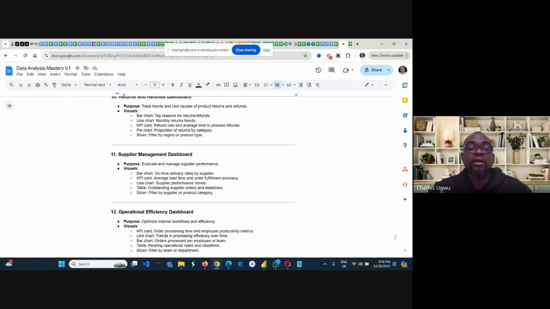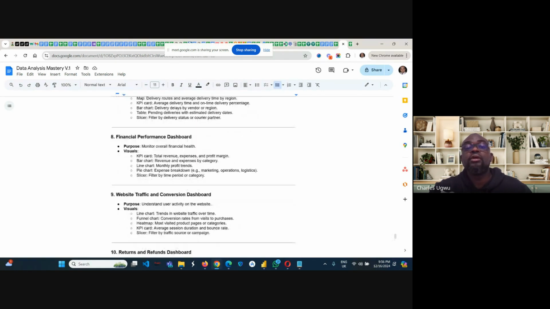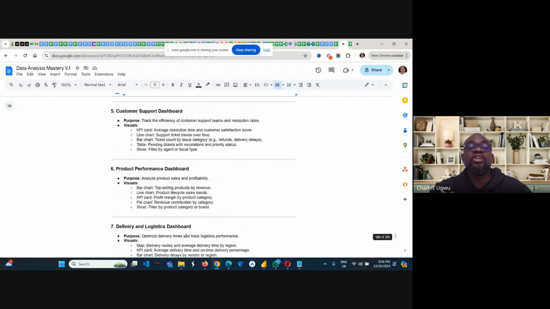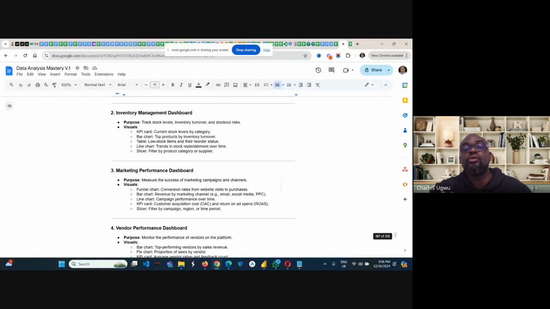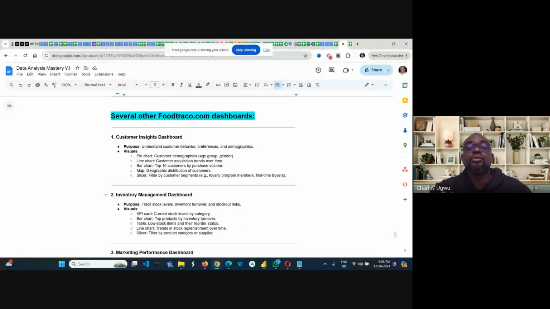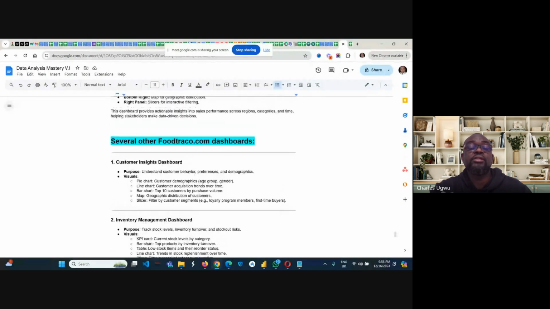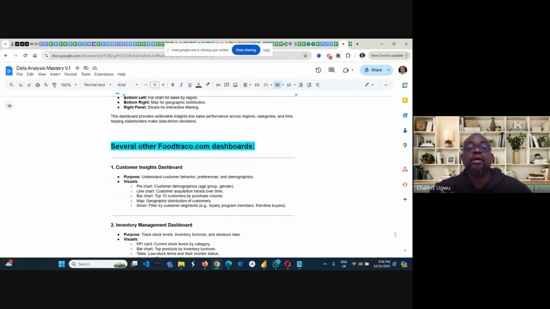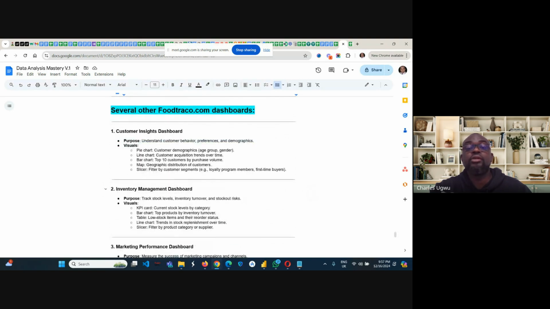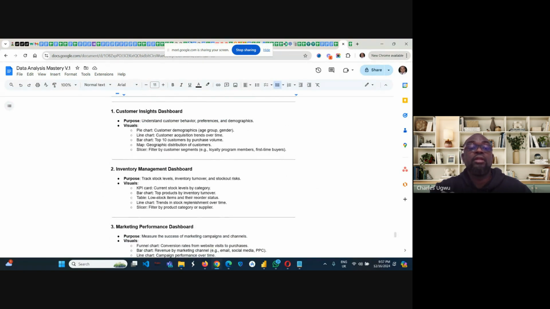And finally, the operational efficiency dashboard to optimize internal workflow and efficiency. So you see here we have visuals we can use for all these dashboards. So we have created our first portfolio, so we need to create more. So that is it. As we are going on break, I'm going to leave us busy